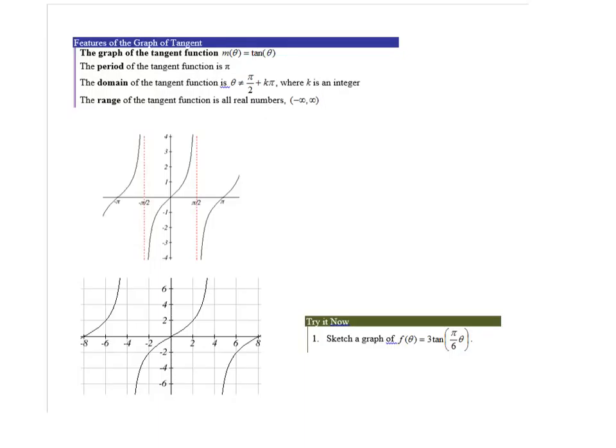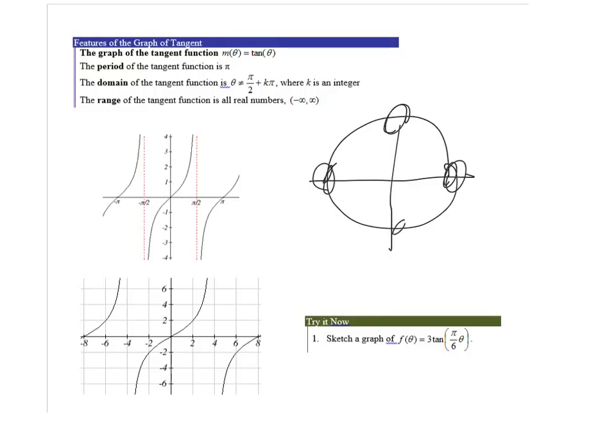So when we have to graph all these other trig functions, like the tangent here, what you want to think about is the unit circle. Think about these points on the unit circle, and we've got all those other ones, but these are the important turning points, as they were with sine and cosine. And if we think about those coordinates,